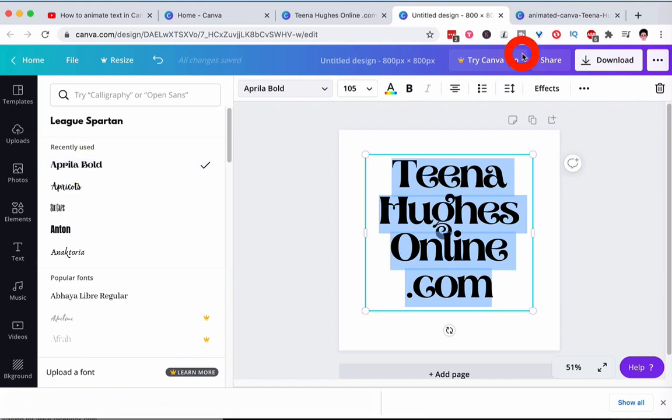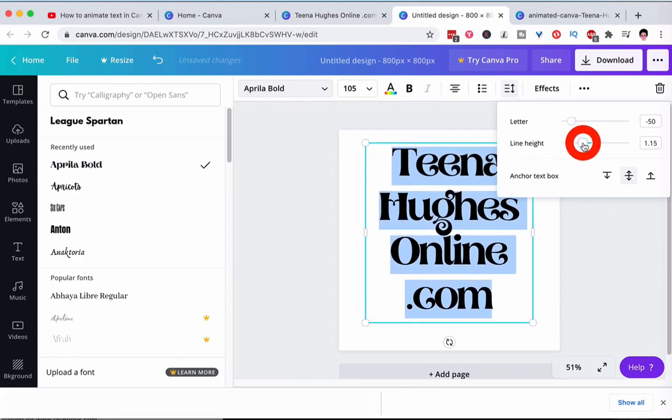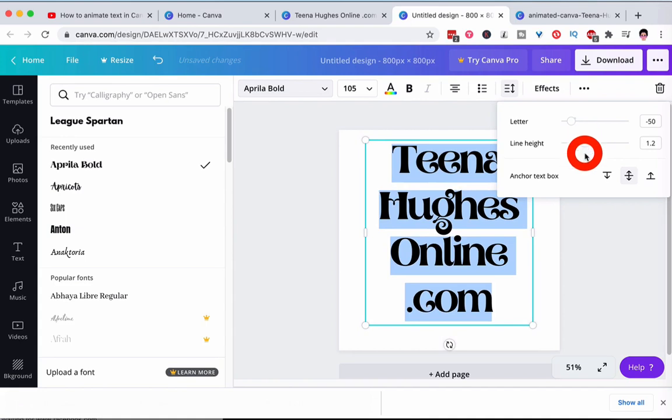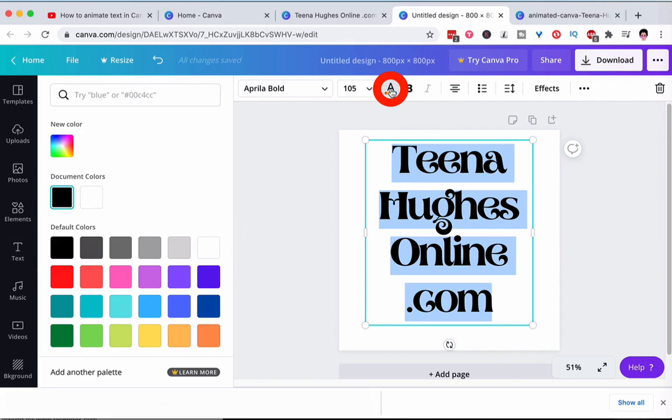And the line height, I just want there to be a little bit more space so no font touches any other font, like in the G. Okay, so that's done. And then for the color, let's choose from here. I'm going to click on this one here, and we've changed the font.